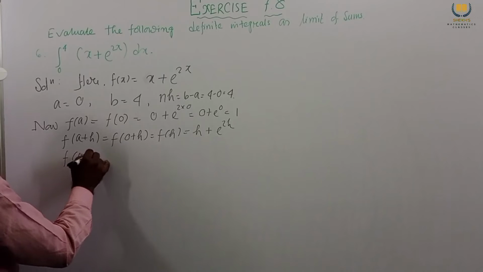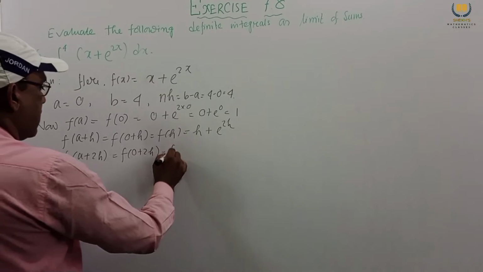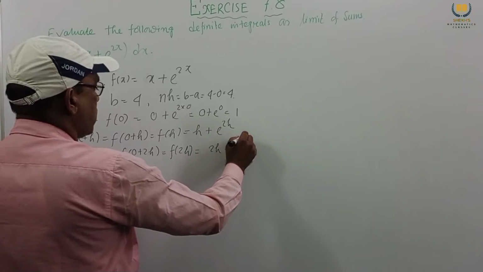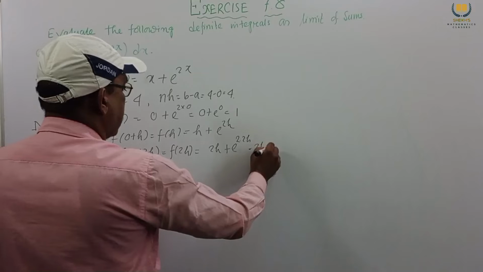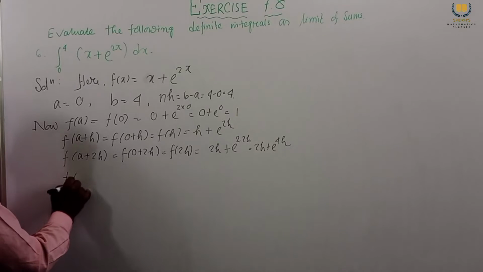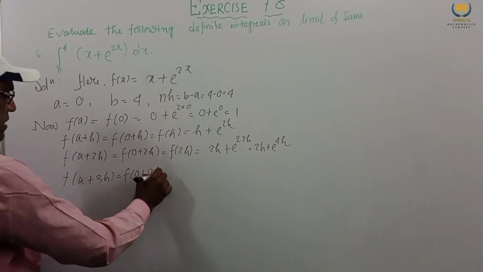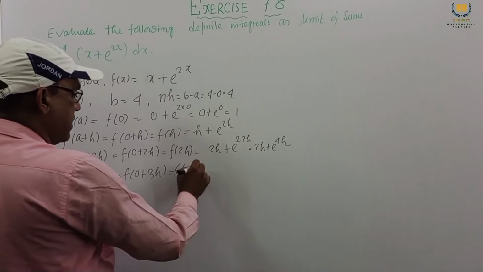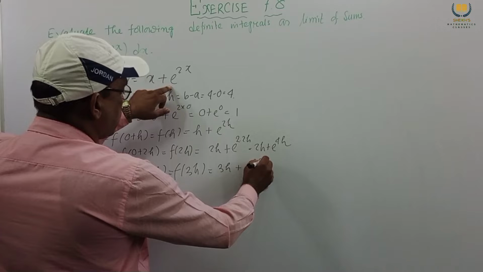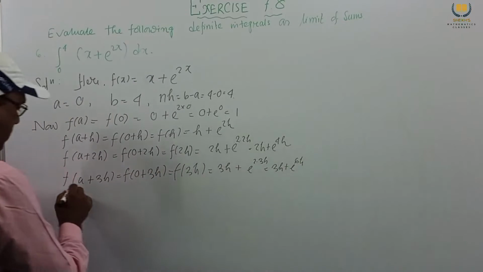f of a plus 2h is f of 0 plus 2h, that is f of 2h, which is 2h plus e to the power 2 into 2h, e to the power 4h. f of a plus 3h is f of 3h, equal to 3h plus e to the power 2 into 3h, e to the power 6h. So we get in this way,